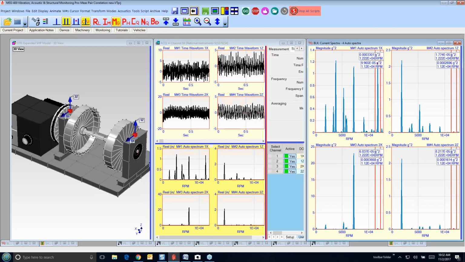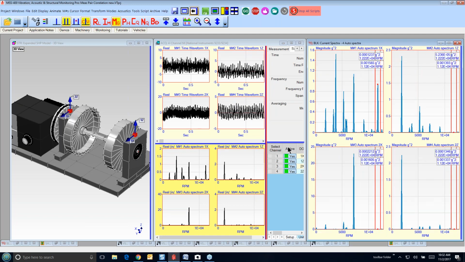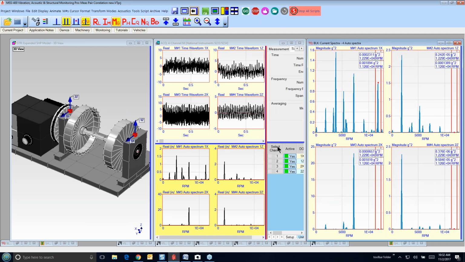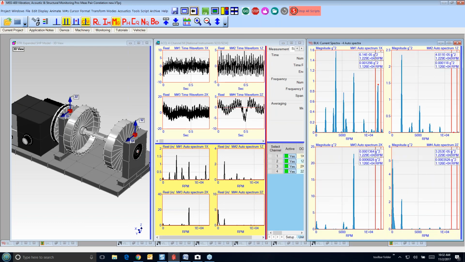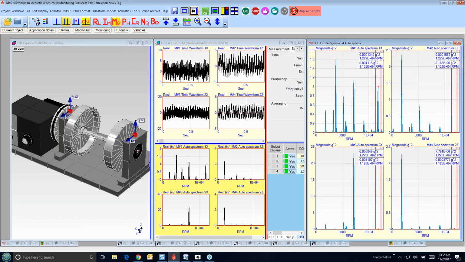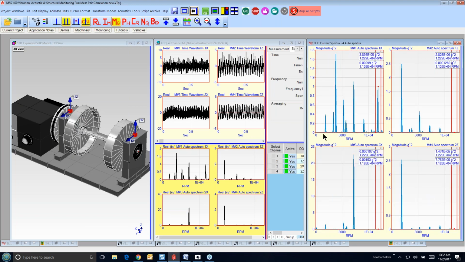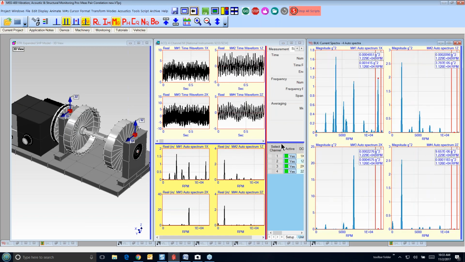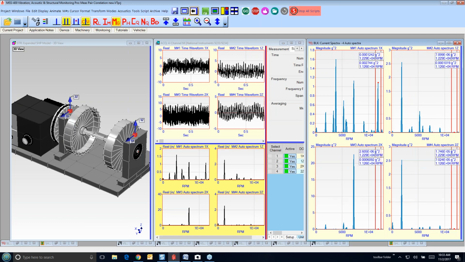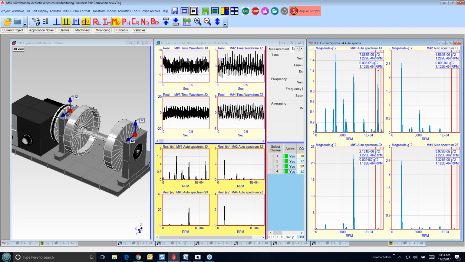Let me go back and start this back up again, because in my script I got some other things going on here, and I'm not sure that it's behaving the way I want it to. You see the band cursor is jumping along here, and it's actually comparing this data in 3 different frequency bands. As it acquires it, it's going to compare it with the baseline. And then I can update the baseline at any time.